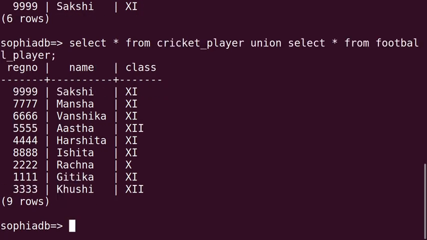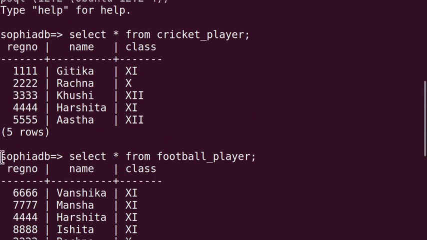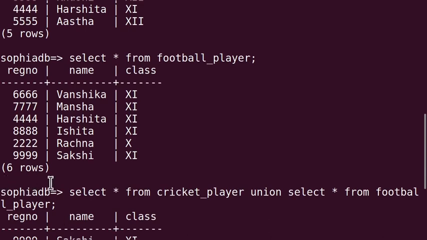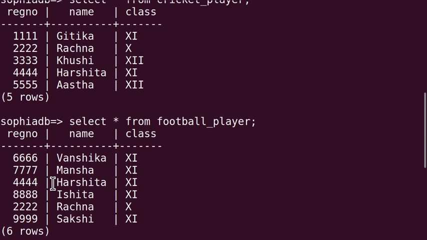Let's see. In the output 11 records should come, because in the first table you have seen 5 rows, in the next table you have seen 6 rows, but within these two outputs you can see 2 records are common. Okay, so here you see Harshita's record is present in both the tables.